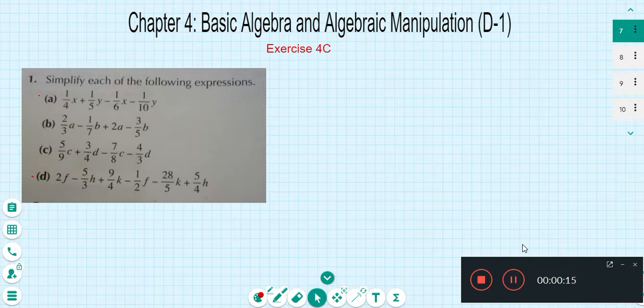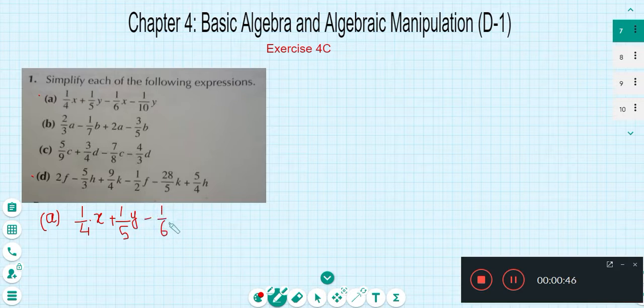So exercise 4C question number 1. Statement is simplify each of the following expressions. So I'm doing part A here. So I have been given an algebraic expression. We have to simplify it in part A. In part A, the expression is 1 over 4x plus 1 over 4y